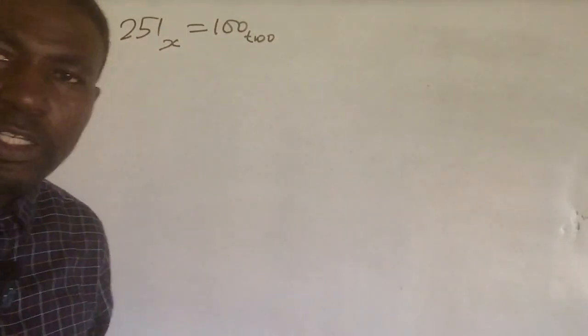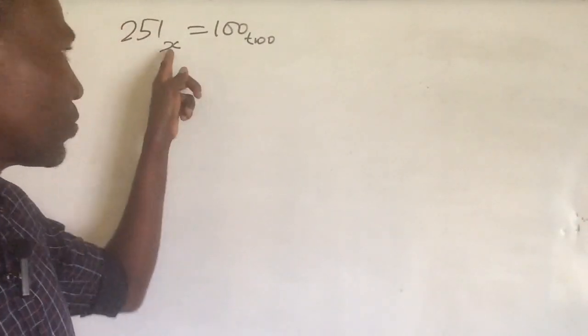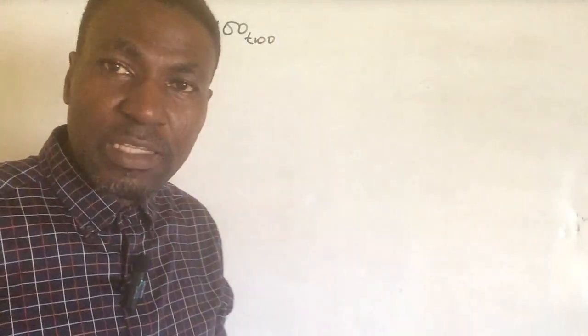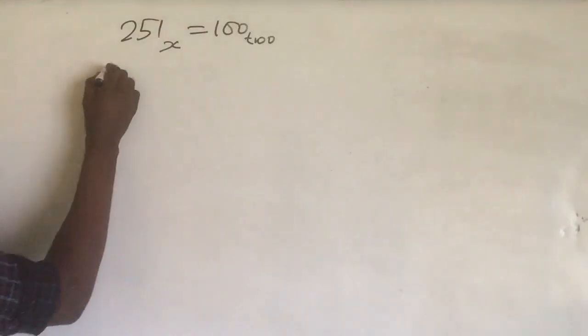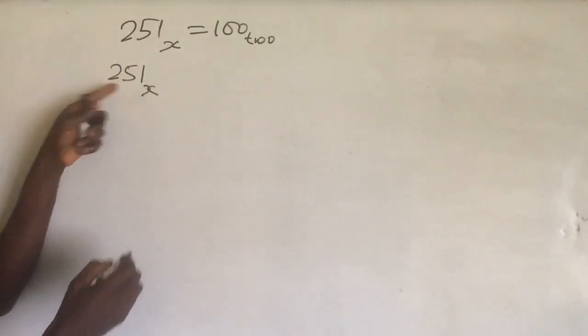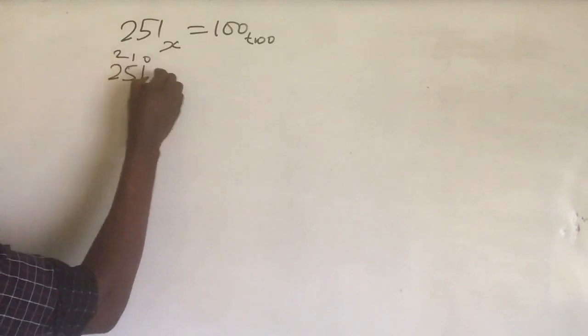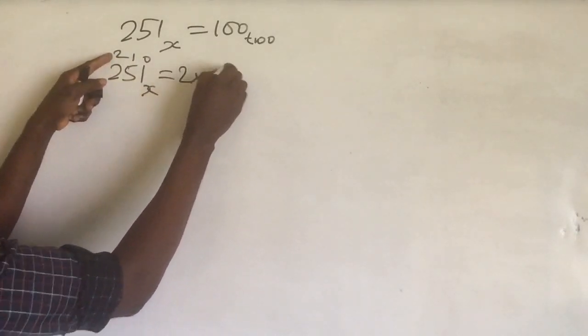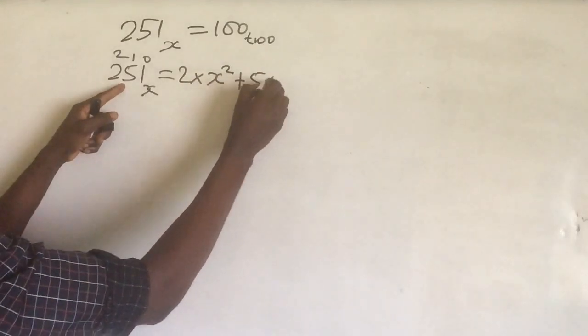The question here is asking us to look for what x stands for. So in order to look for what x stands for, let's start with 251 base x. When you change this number to base 10, positions 0, 1, 2, it will be 2 times x raised to the power 2 plus 5 times x